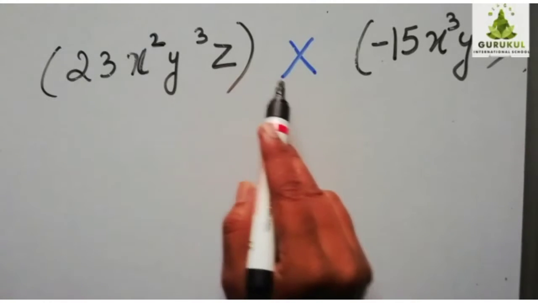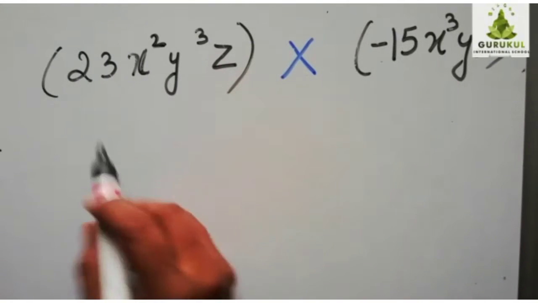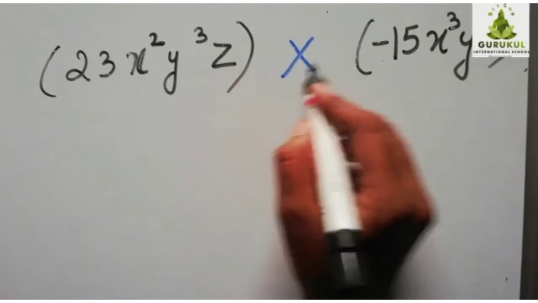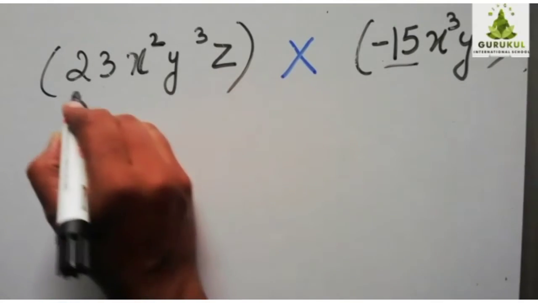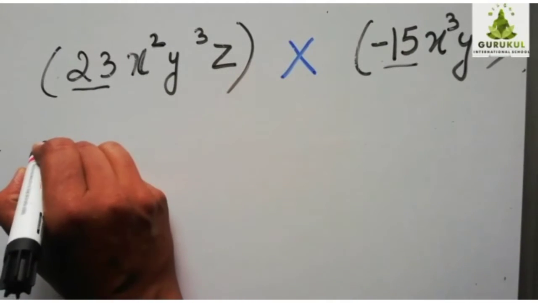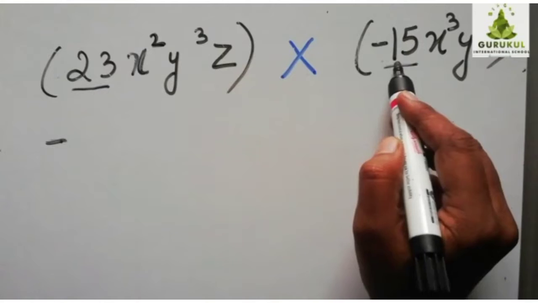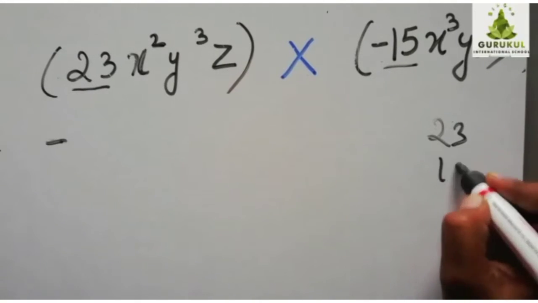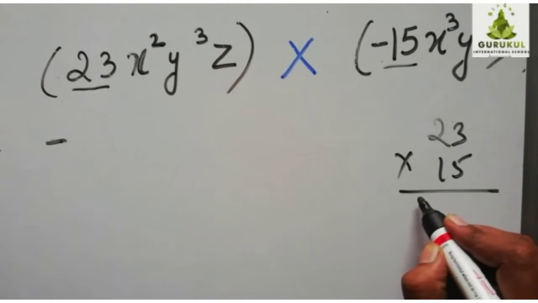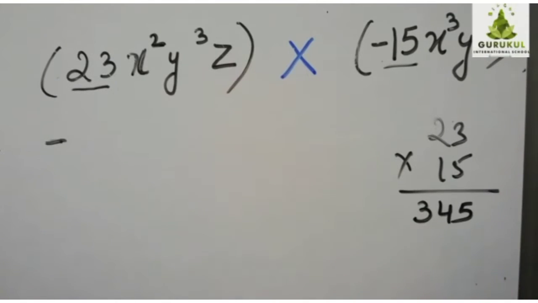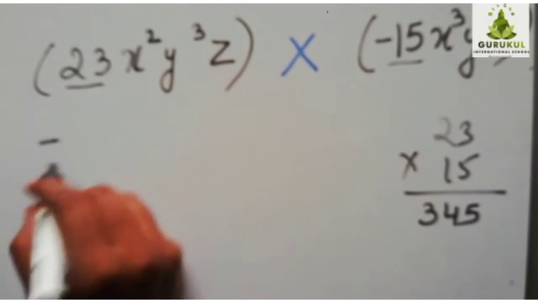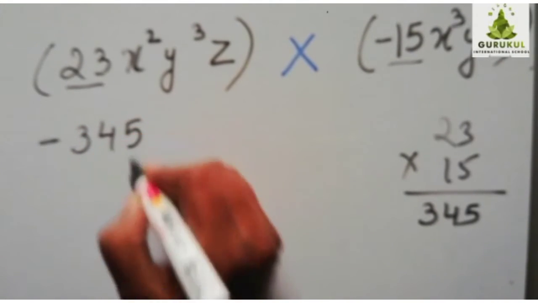Now here we are taking the product. So this way you will write first, then what we have to do, multiply. In multiplication, first see the coefficients. 23 into minus 15, these are the coefficients. Plus into minus means minus, so the answer will be in minus. When you multiply 23 into 15, what are you getting? You are getting 345, and already you put the sign, plus into minus is minus. So minus 345.